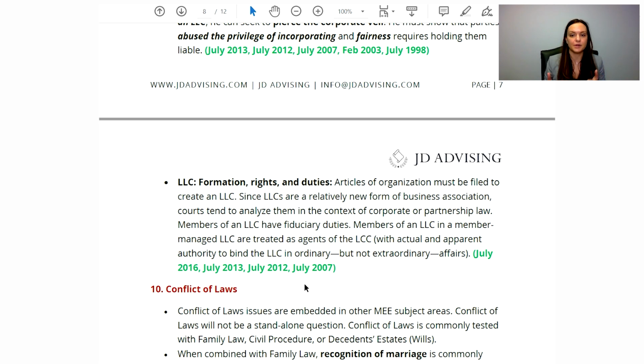Now, the good news is, you don't have to stress too much about mixing up concepts here, because oftentimes many of the concepts that are applicable in a corporation's context are going to be equally as applicable to an LLC context. So that's the good news. Like I said, you kind of learn one set of rules and it's applicable to both, which is really nice.